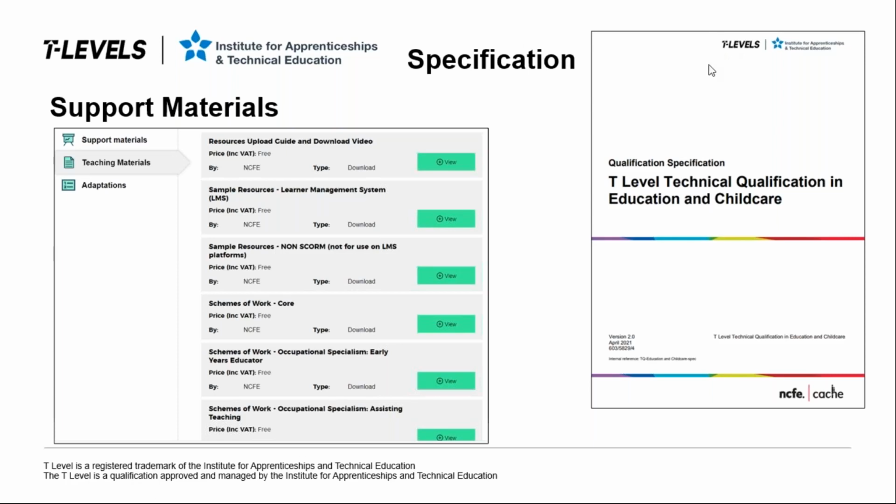Okay, thanks, Helen. I think one of the things I will say, perhaps just for reassurance, if you're thinking about the T level now and you're thinking about preparation for the new academic term, is to consider what is available. There is an absolute wealth of information available to you. So there are some schemes of work that look at the core. They bring together elements in a nice logical way. So out of the 12 elements that Helen has talked us through, it could be that you look at those 12 elements, you're thinking one academic year in preparation for synoptic assessment,